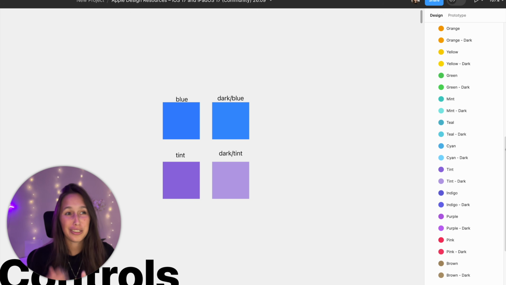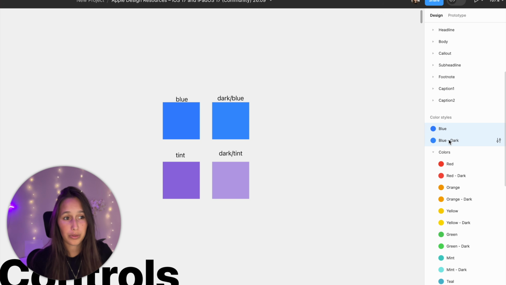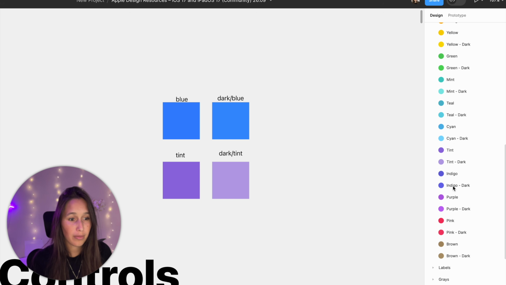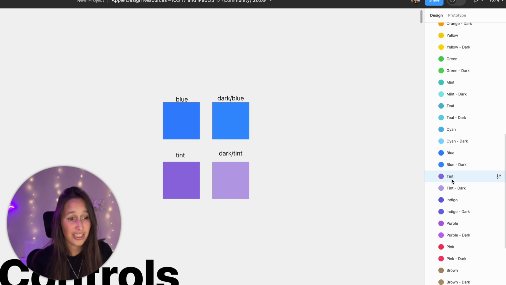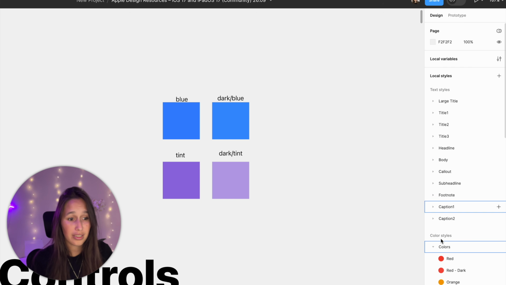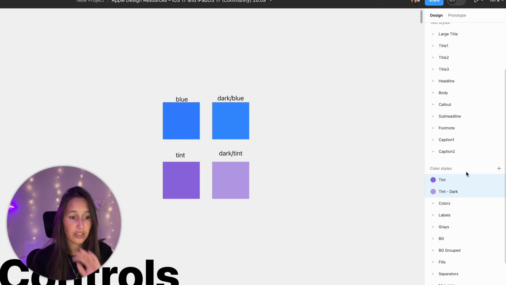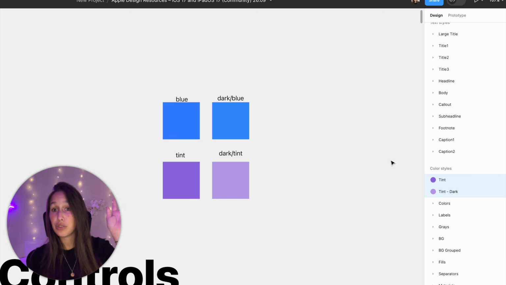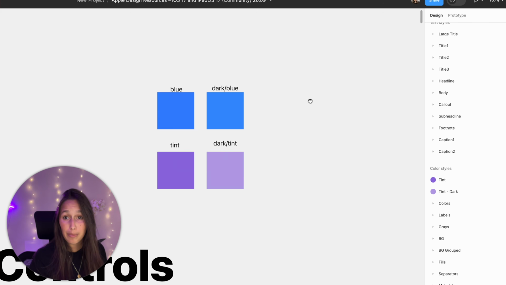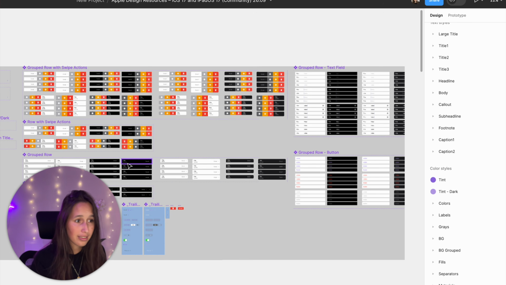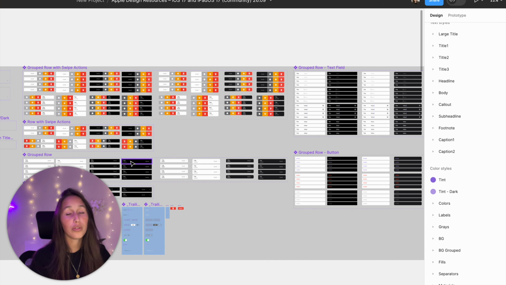Last thing we need to do is just move them into place. Blue and blue dark need to sit under the colors. So just holding down shift and select both of them, then move them into here. And actually I think tint and tint dark, they don't need to sit under anything. So they won't be inside of any category. They'll just be kind of on their own as the rulers of all the colors. And now that means that I still have my tint kind of replaced, but I also have my blue color